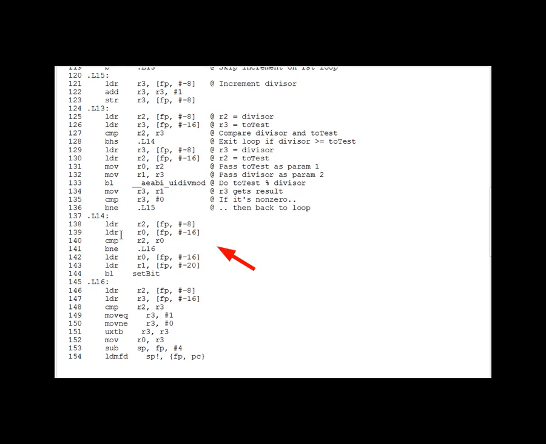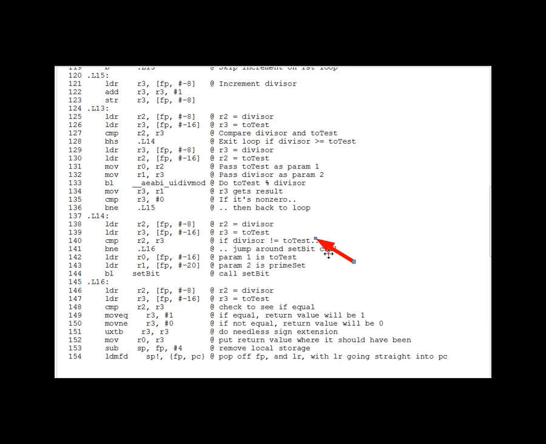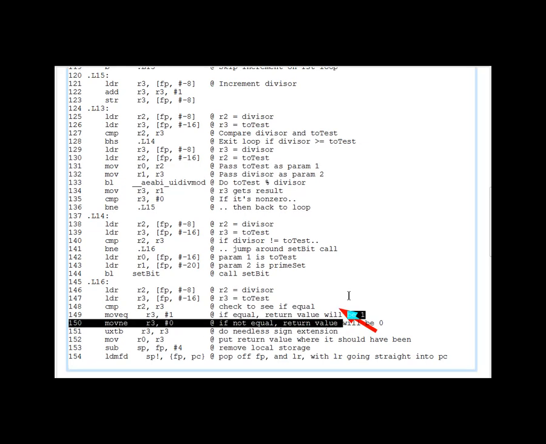And here's a reasonable answer. By way of review, we loaded divisor and toTest into R2 and R3 and did a comparison for not equal. If they were not equal, we jumped around the setbit call. Otherwise, we do the setbit call by setting param1 to toTest and prime set for param2 and calling setbit. Either way, after the call, we again load R2 and R3 with divisor and toTest, check to see if they're equal. If they're equal, then the return value